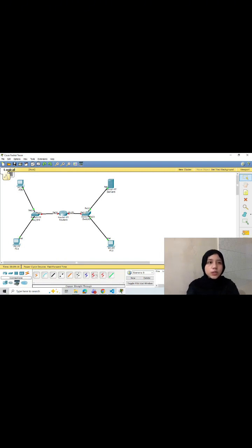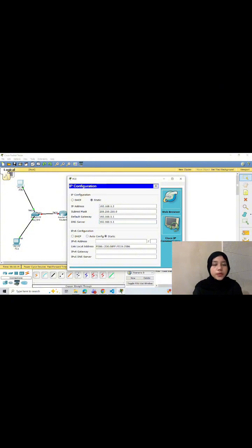the simulation. In the next step, IP address configuration was performed on each computer so that every device could be identified within the network. PC0 use IP address and PC1 use IP address. With subnet mask, both computers are located in the network so they can communicate directly through the switch without passing through the router.